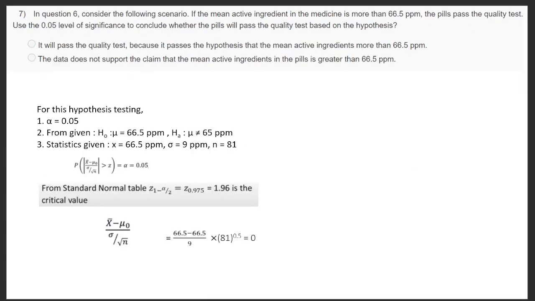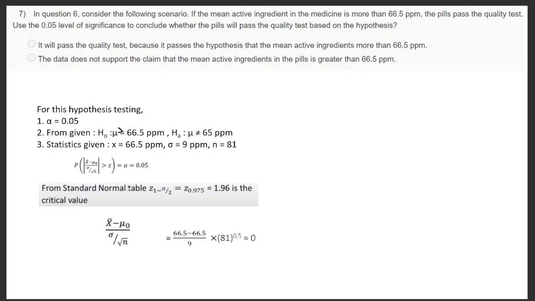Okay, moving on to the seventh question. In question 6, consider the following scenario. If the mean active ingredient in the medicine is more than 66.5, that is, mu is more than 66.5, the pills pass the quality test. Use alpha as 0.05 and check whether the pills will pass the quality test based on the hypothesis. Okay, when mu exceeds 66.5,